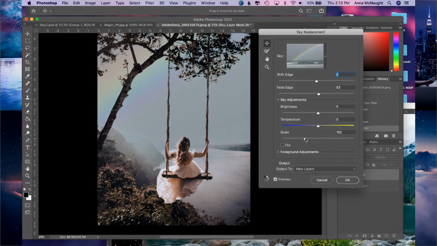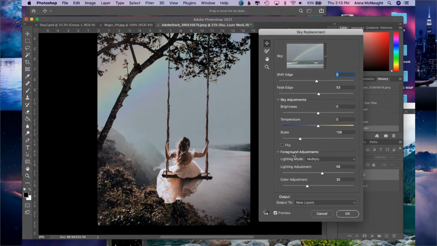It's cool that you can flip it. Oh, and foreground adjustments. Oh, so you can change that lighting. Okay, cool. It's only multiply and screen, but it's fairly dramatic, because it'll reflect some of what you're adding onto the foreground elements of the image too.